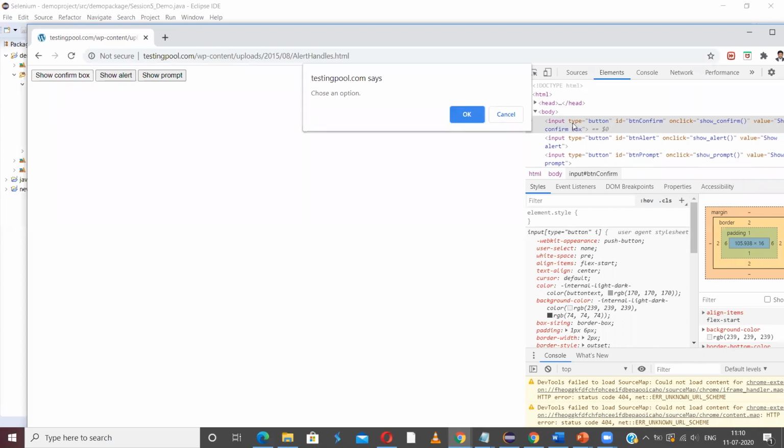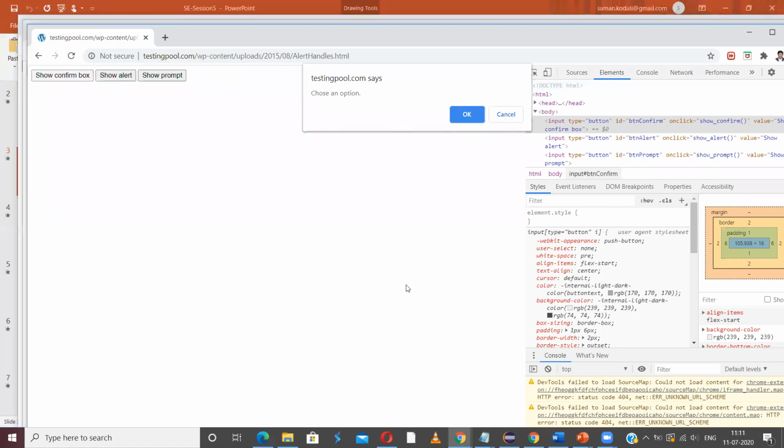So type is one attribute, ID is another attribute, onclick is another attribute, and these are the values. Button is the value of the attribute type. BTN confirm is the value of the attribute ID. So I should use these to identify a web element. Let me use ID simply, BTN confirm.